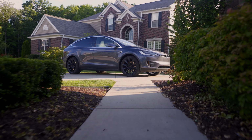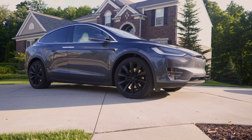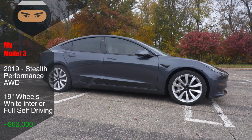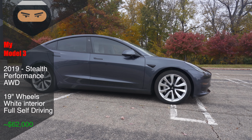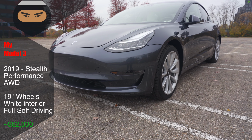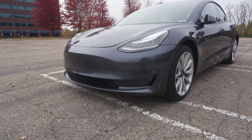Kevin the Tech Ninja here, and I had the opportunity to switch to the Model X for a week thanks to Tesla. My Model 3 is a 2019 Stealth Performance. I only have around 6,000 miles on it because I don't really drive that much, but I am really in love with this car. The only thing I don't care for is the size of the car. I'm used to something much bigger, and I would love to have an SUV in the first place, but the